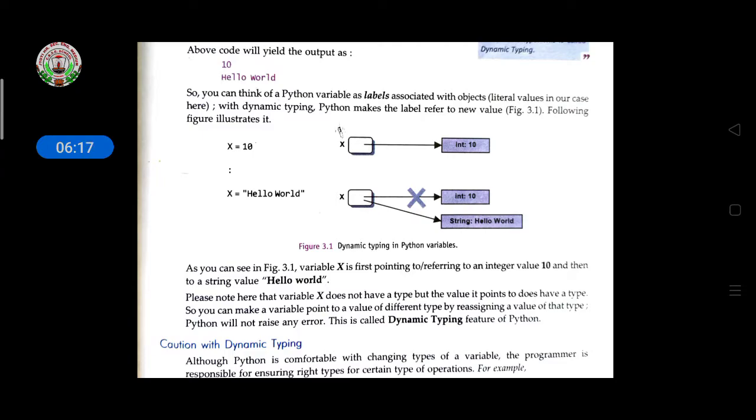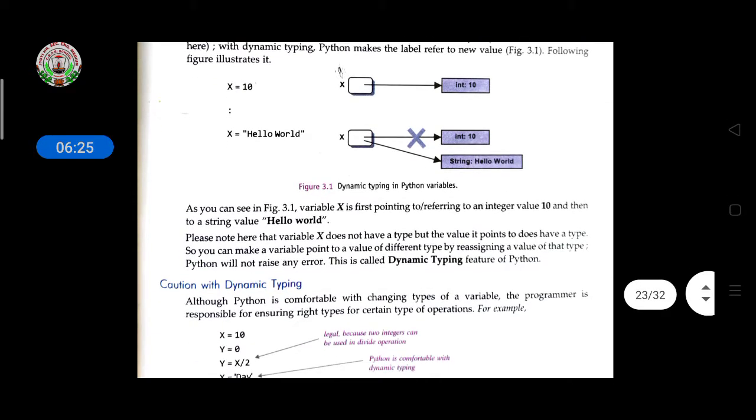So as we see in figure 3.1, variable x is first pointing or referring to an integer value. Integer value means number value equal to 10. There is no decimal in integer value, and in float value there should be a decimal. And then a string value hello world is given here. Please note here that variable x does not have a type, but the value it points to does have a type.